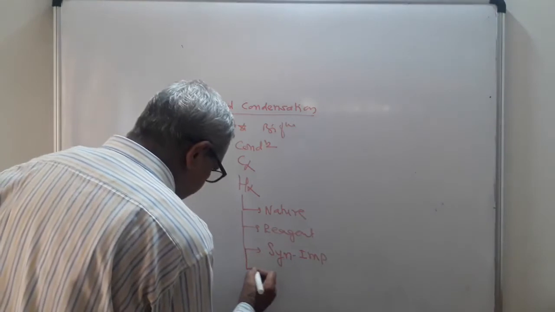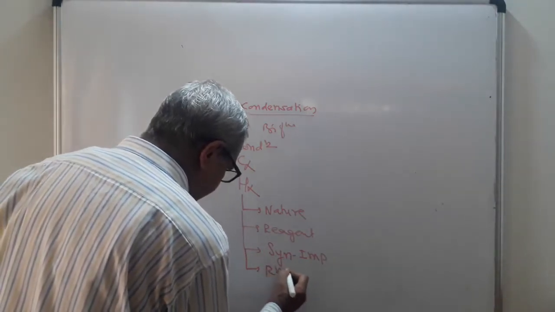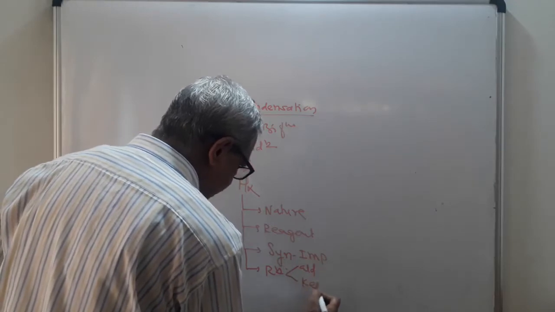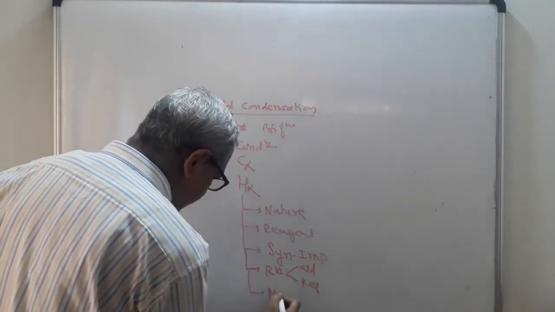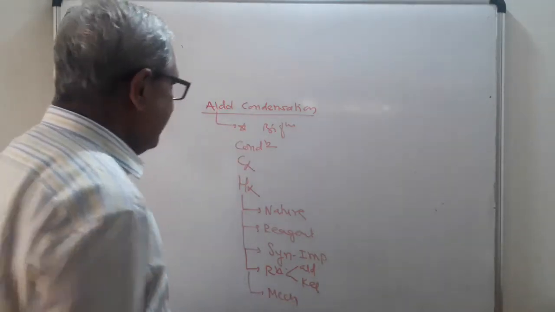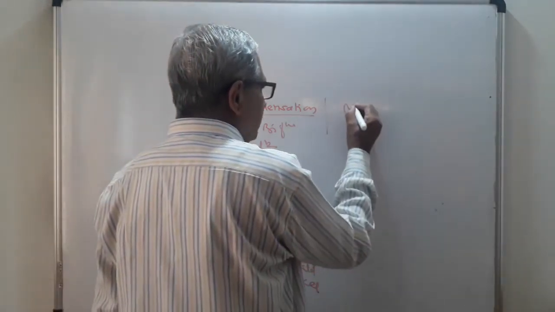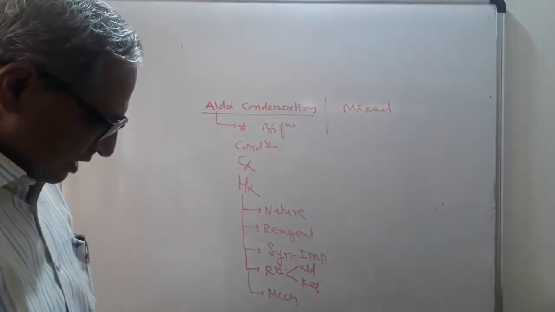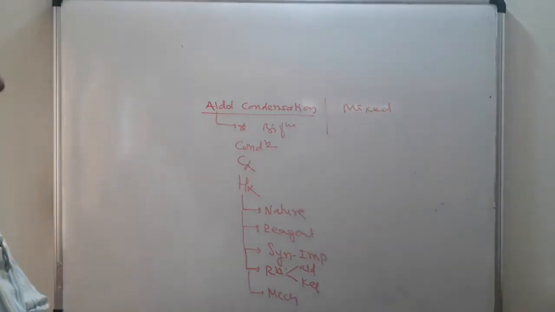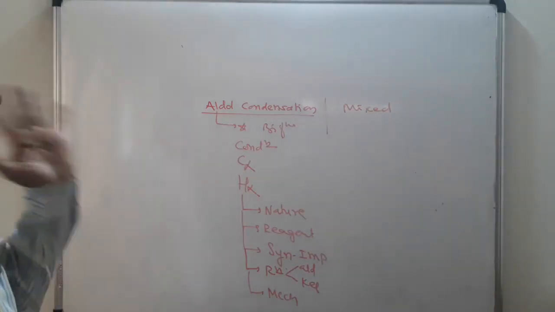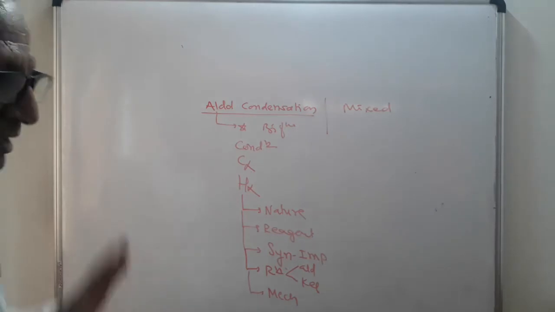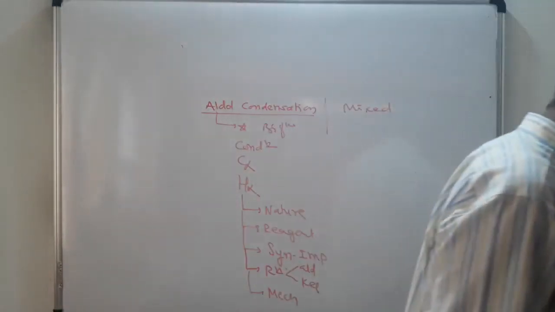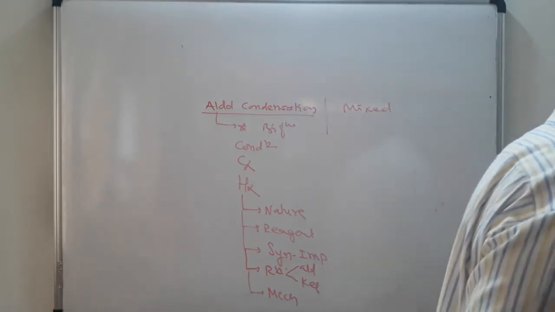Then we should know the reaction with aldehyde as well as ketone. We should know the mechanism. Then another, we must know the mixed or crossed aldol condensation. These are the important points we learned in aldol condensation. So does anyone have difficulty? I hope that every student will get the idea about the aldol condensation.